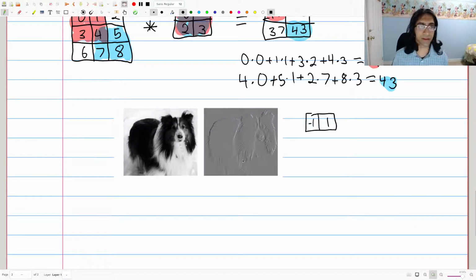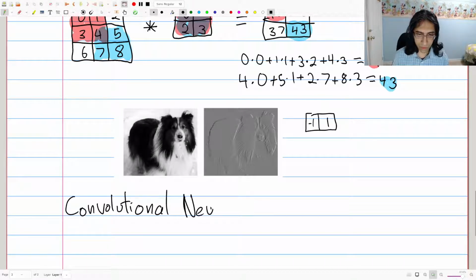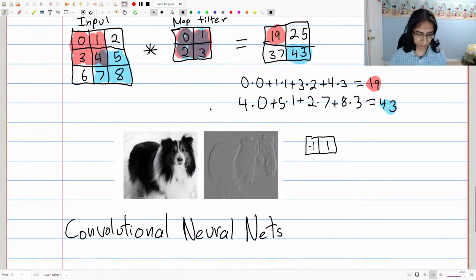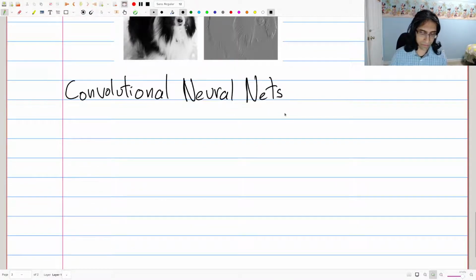Okay, so let's talk about what a CNN is. The idea is essentially that we're going to create a neural net, but some of the layers are going to look something like this. But let's take a step back before we get to that. So our input, as we talked about, will be